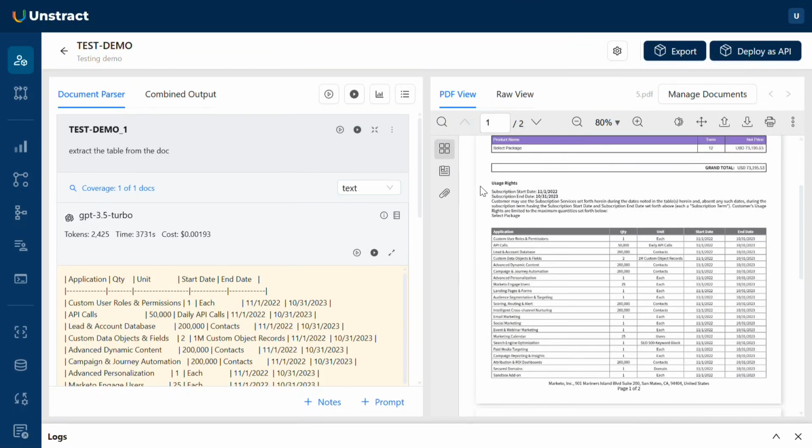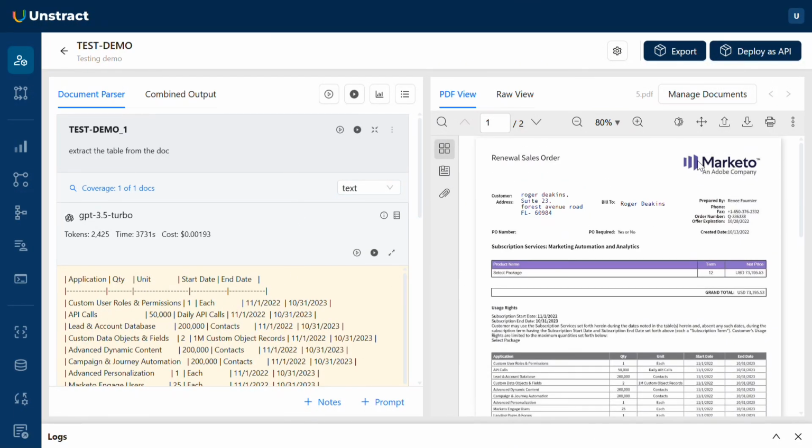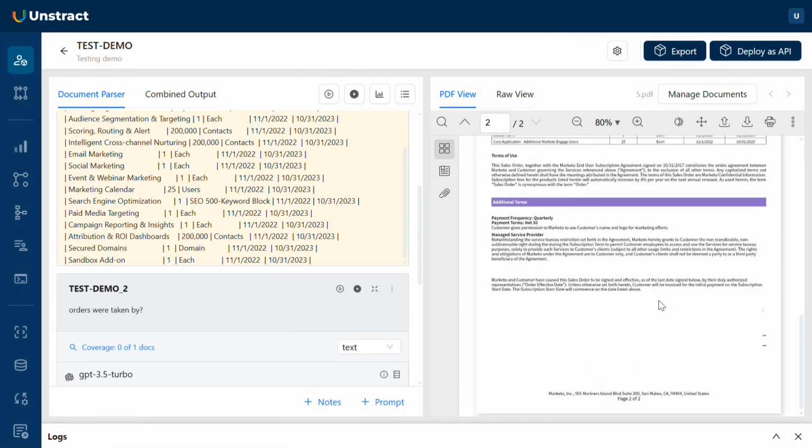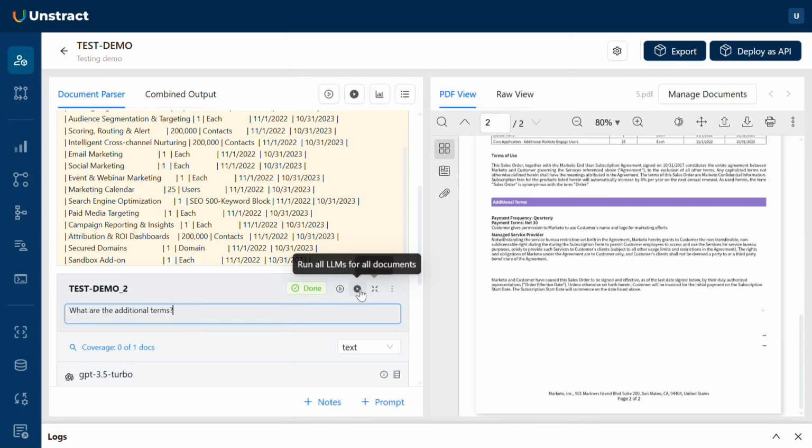So here you can see that this is a document that I've uploaded, a marketing agreement with an Adobe company, and I'm asking some prompts. I extract a table from the doc and it is able to extract everything accurately, as you can see. Now you can add another prompt. Let me ask it, what are the additional terms? This is towards the end, if you see. If I hit enter,